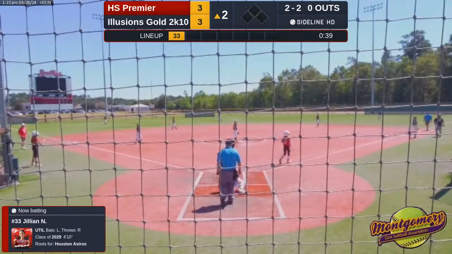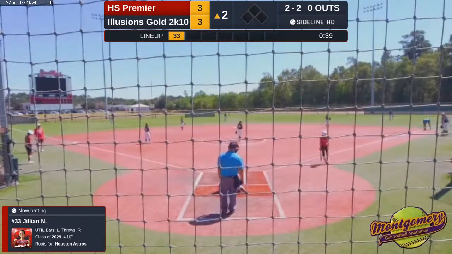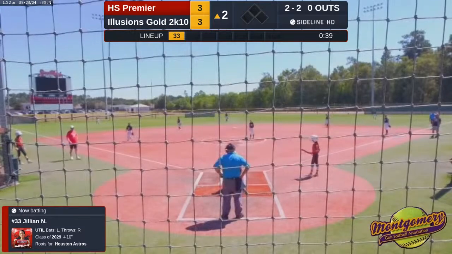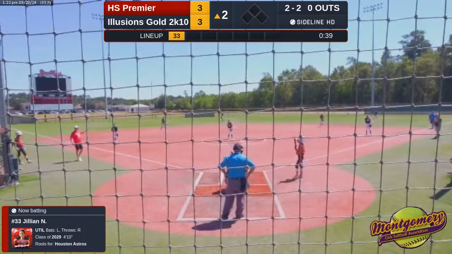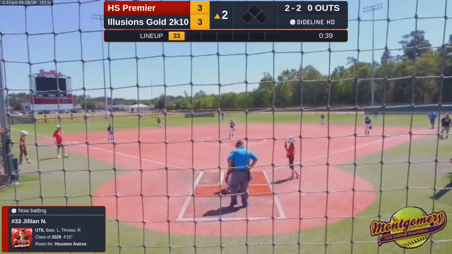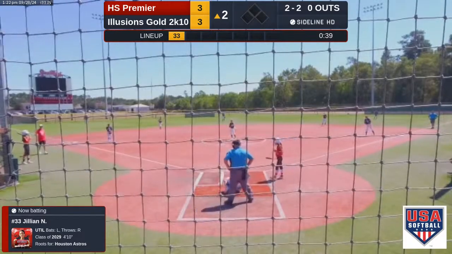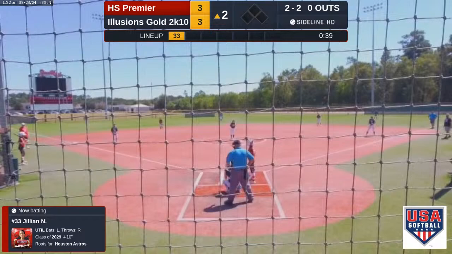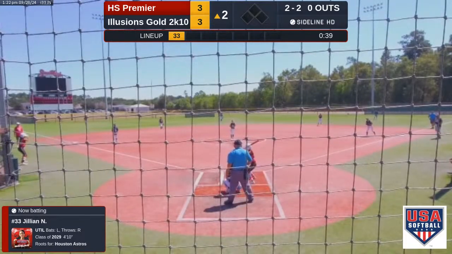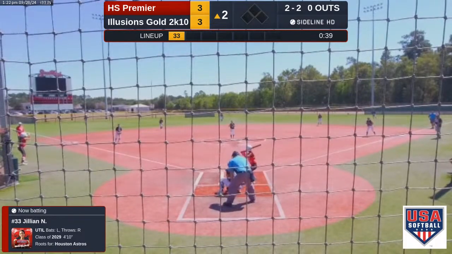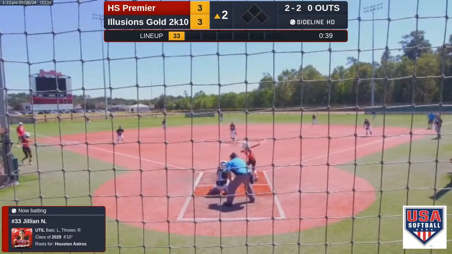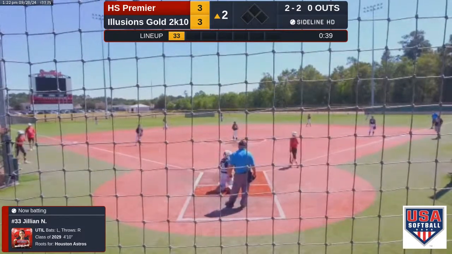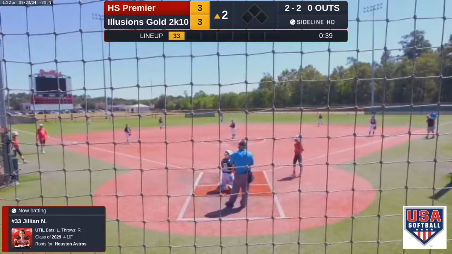Pitch is slapped but foul. 2 balls, 2 strikes. 40 minutes into this game, 35 left. This one's tied. Hotshots definitely need a win here, and they need a bunch of runs. Which is out, 3-2.